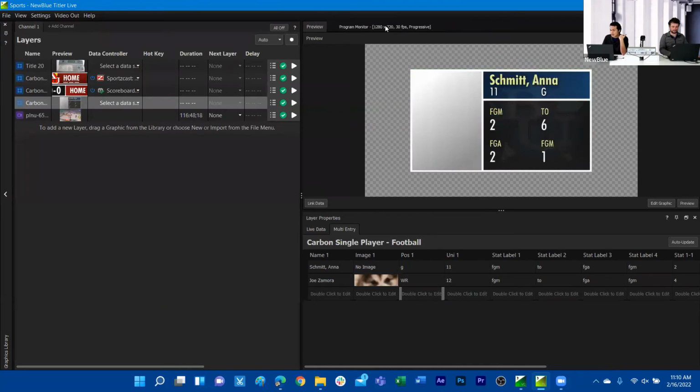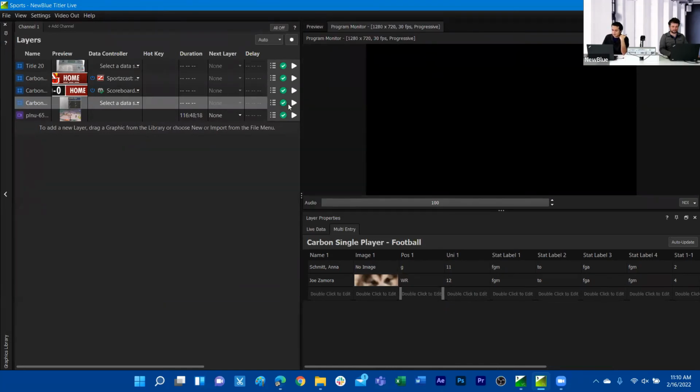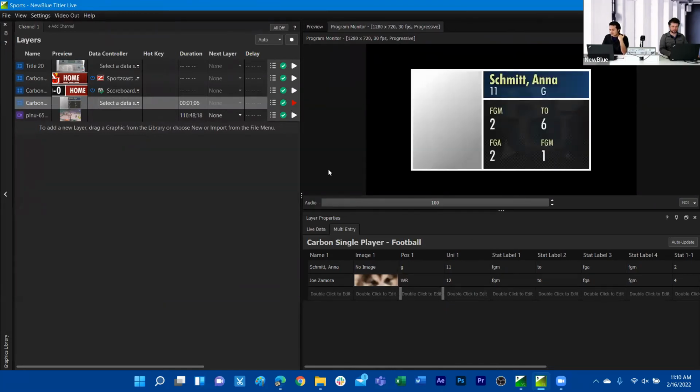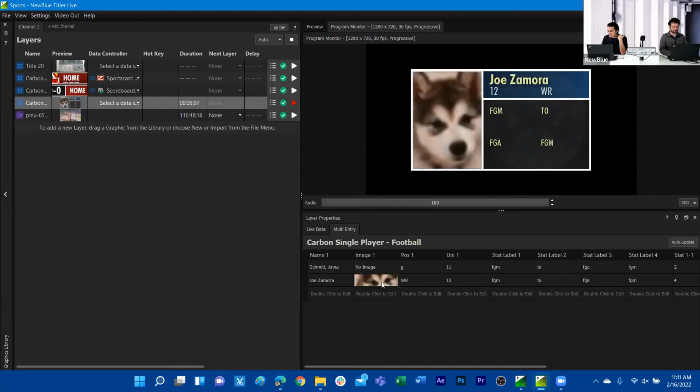However, when we navigate to Program Monitor and we send this graphic to play live, we'll see that we're currently on our first row of information, but navigating to the second one will automatically populate all those sets of information into the graphic. So for example, if you want to go through all your different player lower thirds, all the way from your visitor team, and have that information all curated to one specific set of multi-entry data,